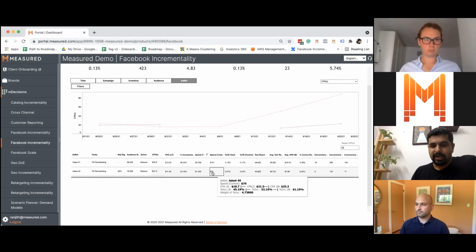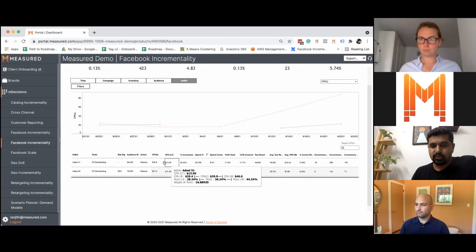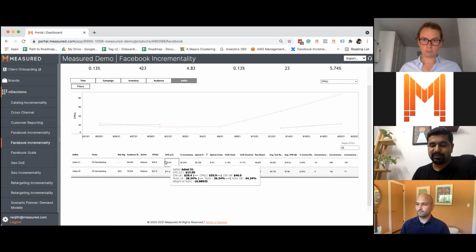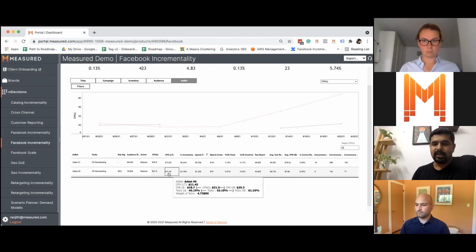And maybe because here your goal may be to reduce spend on the ad sets, maybe you'll reduce spend on the second ad set. But if you switch your metrics to incrementality and look at the incremental cost here, the first ad set is between 29.4 to 46.0, and the second one is between 18.7 to 25.3. So on the incremental metric basis, the second ad set outperforms the first one. So if you are going for a gradual reduction on your remarketing ad set, I would recommend that you reduce your spend on this ad set, then reevaluate the results after a week of running this experiment, and then you can make decisions on an ongoing basis.